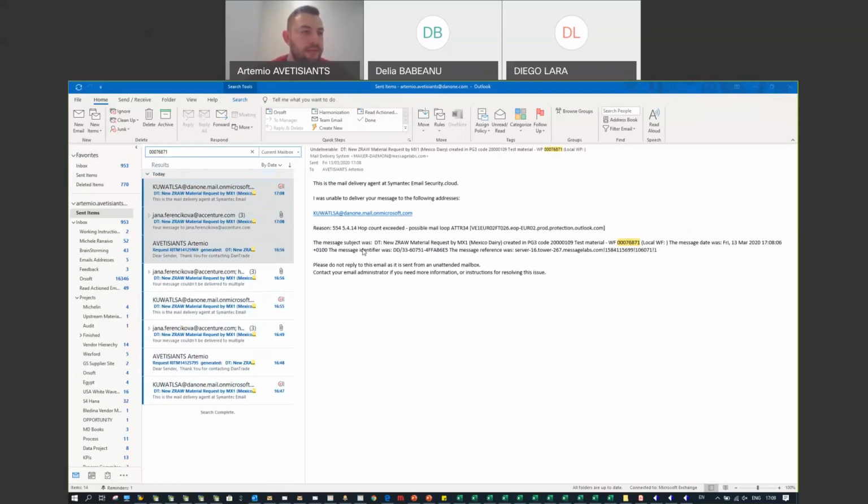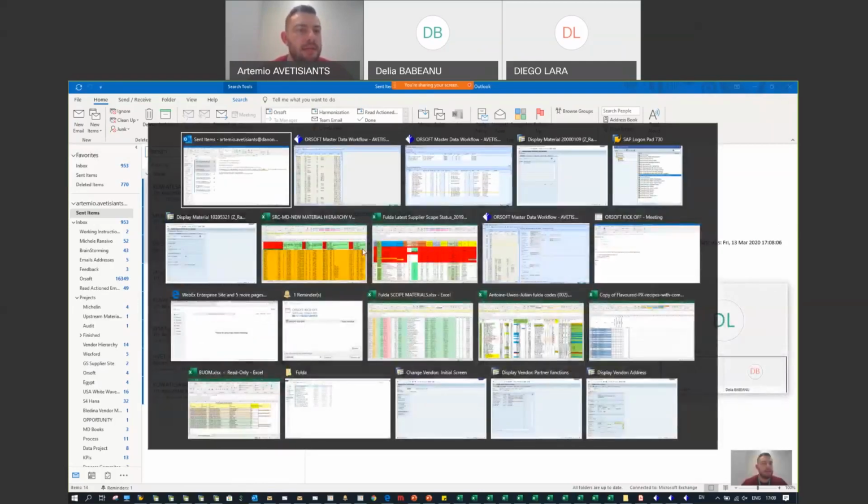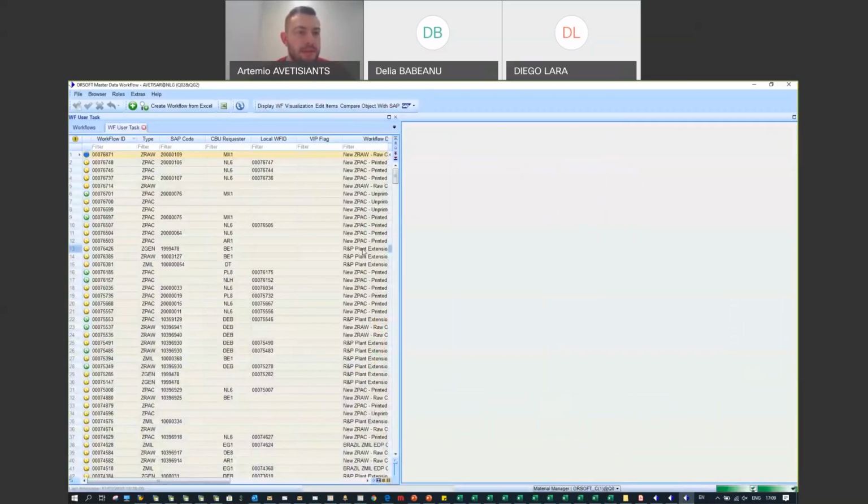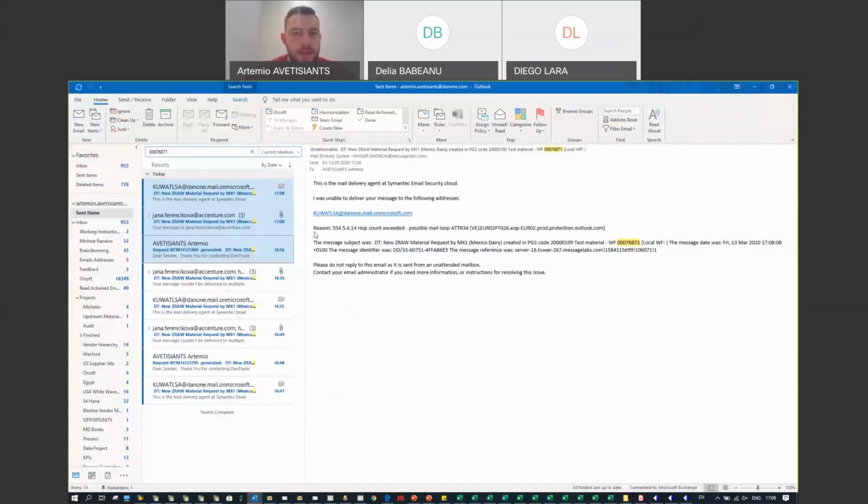So for example, if you will have your own quality approvers, or whatever you decide, because I don't know how many teams you guys have, and if you want to create the workflow to go to your team members, you can decide whatever message you want to have and whatever information it will contain. So in our case, you can see that it contains the code, the name of the material, the workflow ID, and